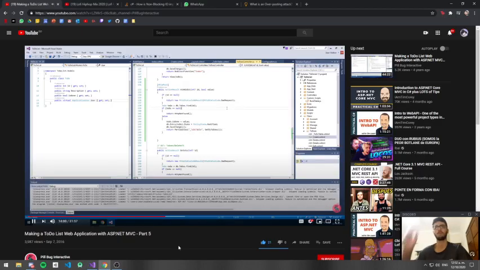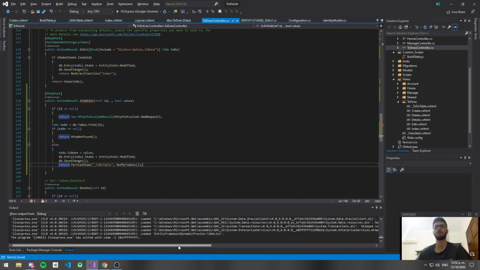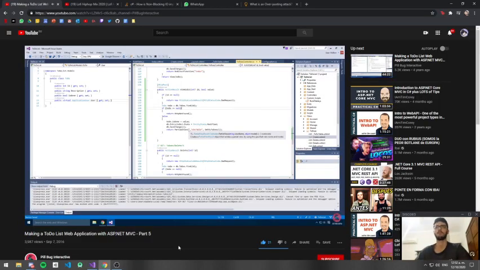Okay, so this will work. In the case that it's broken, it'll redirect to an HTTP not found or whatever. Whereas here, assuming that everything went well, we correctly picked a to-do and found it in our database, then we